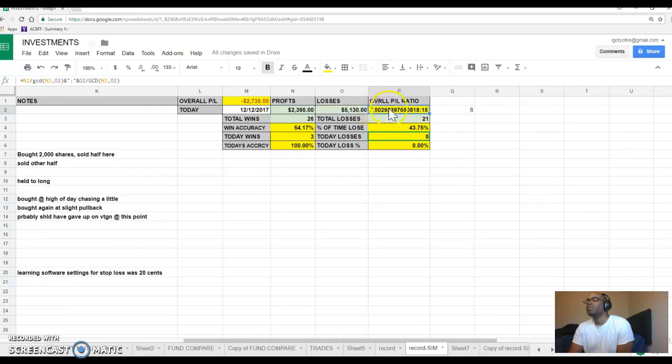And so it's saying the ratio is basically for every $7 I'm making, I'm losing 15. And that's 54% of the time. As soon as I turn this around, as long as my accuracy is enough to sustain my profit loss ratio, I can be profitable consistently long term. And so that's my goal. And that's kind of why